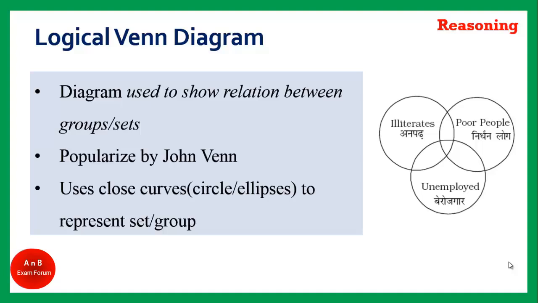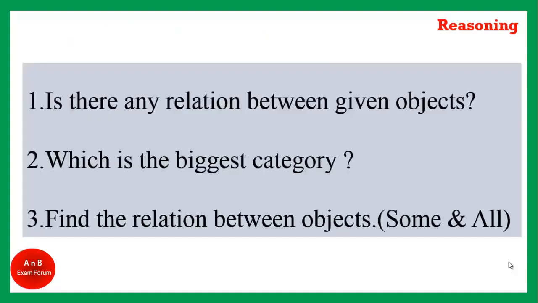We will show you the categories, and how to draw the logical Venn diagram from the given question. You should represent each category with a circle, that at least you should know. So students, let's see the steps. There are basically 3 steps from which you can easily draw any Venn diagram in the reasoning section. What are those steps?